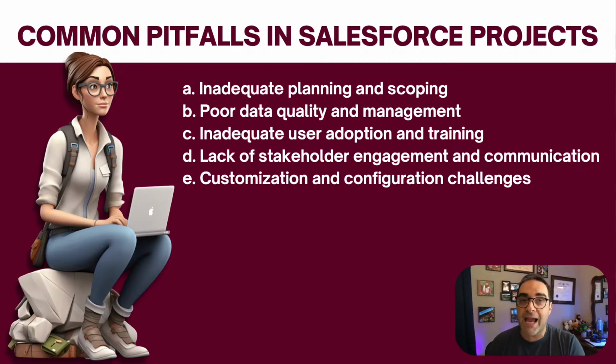So not only do you need to keep them engaged, you need to have the proper type of communication happening with the stakeholders on a regular basis throughout, so that you can show them here's what's going on. You can get their feedback. You need to have feedback loops to get feedback from those stakeholders to make sure that whatever it is that you're working on actually helps them, actually solves the problem. You need to show them here's what we did based on the prior conversations, and here's how it's going to help you. And not only will that open up the lines of communication for them to say, oh wait, we just realized, we didn't mention it before, there's another use case where we need to think about how we will handle those scenarios,